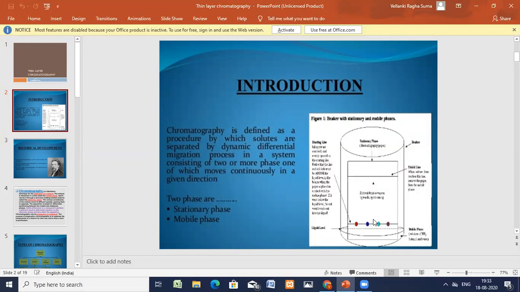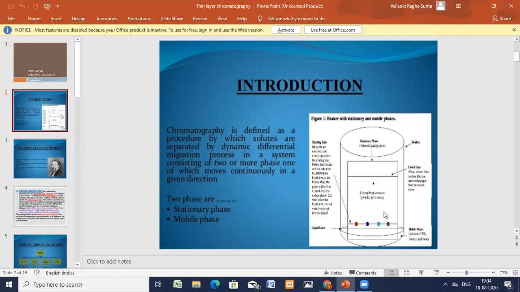So the principle of chromatography is that it consists of the mobile phase and the stationary phase. Mobile phase refers to the mixture of substances to be separated, dissolved in a liquid or a gas. The stationary phase is a porous solid matrix through which the sample contained in the mobile phase percolates. Interaction between the mobile phase and the stationary phase results in the separation of the mixture of compounds.